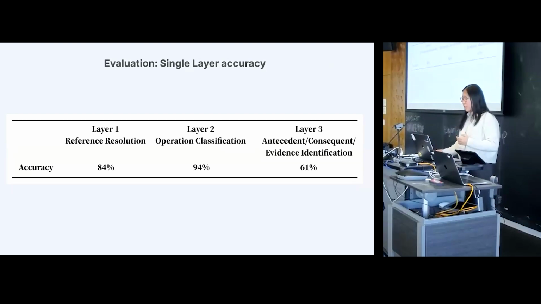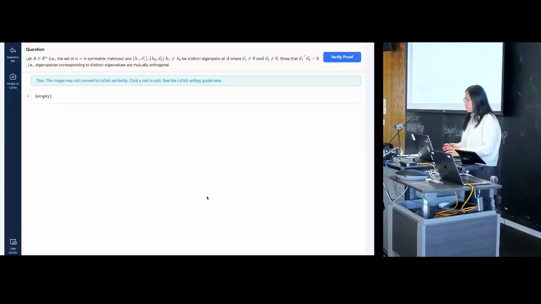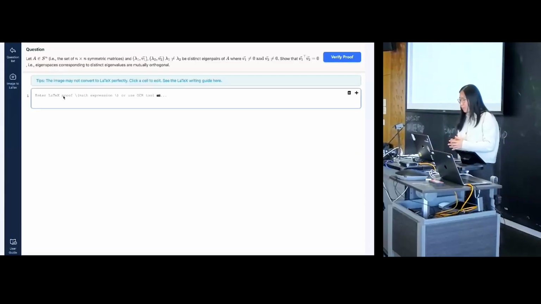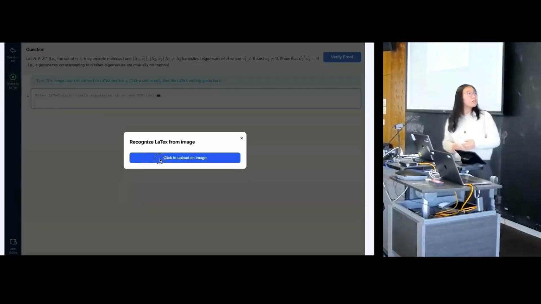We also evaluate the individual accuracy of our LLM-based preprocessing layers. So here's the layer-wise accuracy. We recognize that the layer-wise accuracy has a large range, so we also manually went through the failure cases of each layer. We do not have much time in the talk to discuss this, but I'm happy to talk about them later. So now with the preprocessing in place, what comes next?